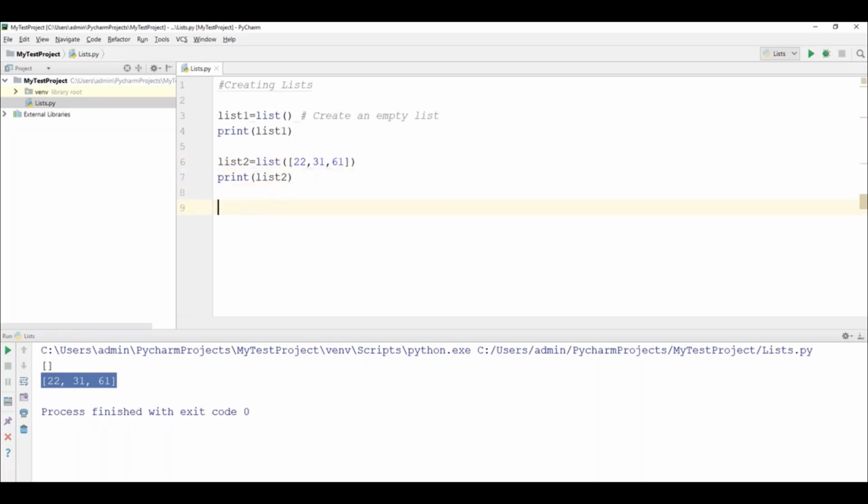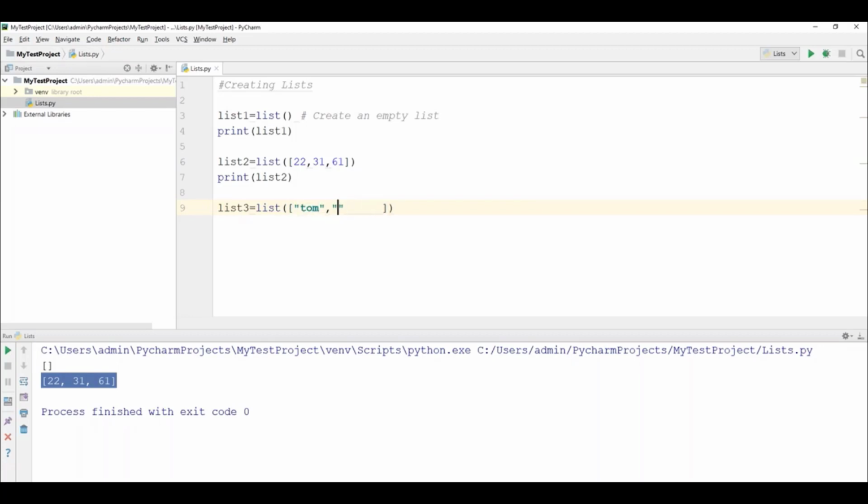Now let's see. I can create one more list variable which contains strings as parameters. Let's create list3. I'll just say list here, and in the square brackets we have to put all the list items, right? So for strings, I will say first Tom, and comma.